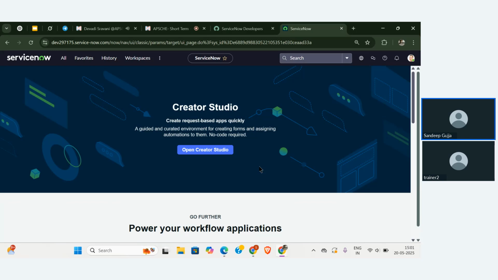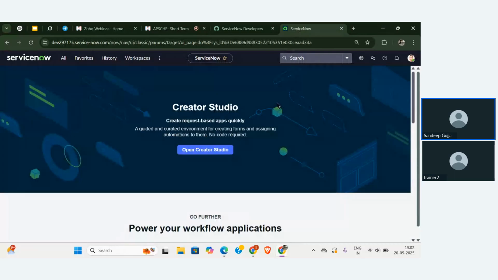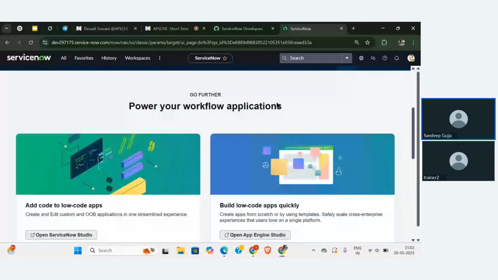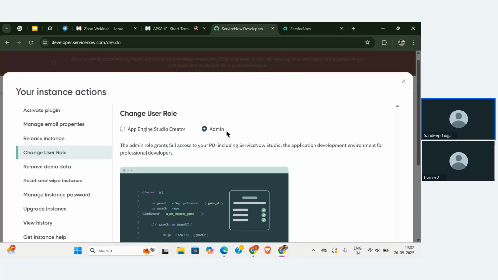The main thing you need to do is go to change user role from here. If it has been selected as App Engine Studio, it should be changed to admin. So you got the idea how to change your role to admin. You are with the App Engine Studio creator, but you need to be admin. To control everything, we should be in the admin role.